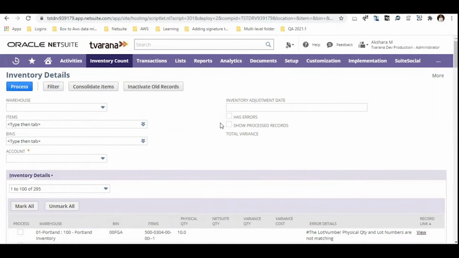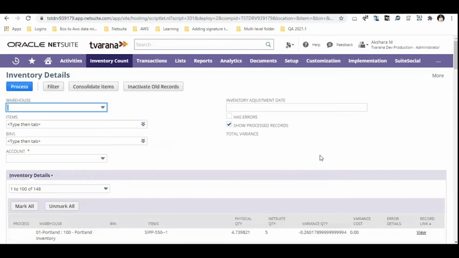Similarly, if we want to see which records have been successfully processed, we need to check the Show Processed Records box and click Filter. On this page, we will be able to see which records are successfully processed. There are two cases in which records are successfully processed. The first is when an adjustment record is created for that item. The second is when there is no variance quantity, the record will be processed successfully, but there will be no